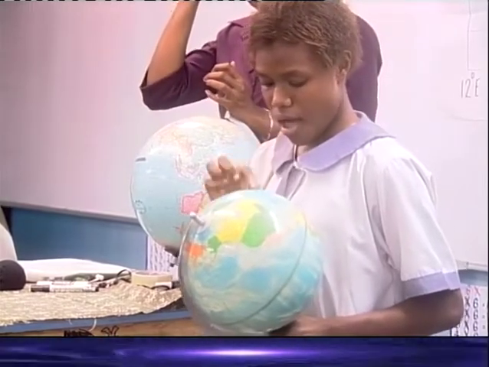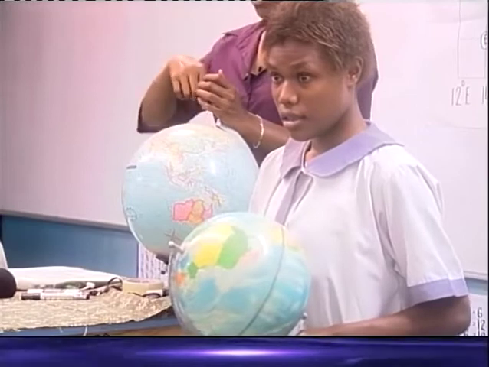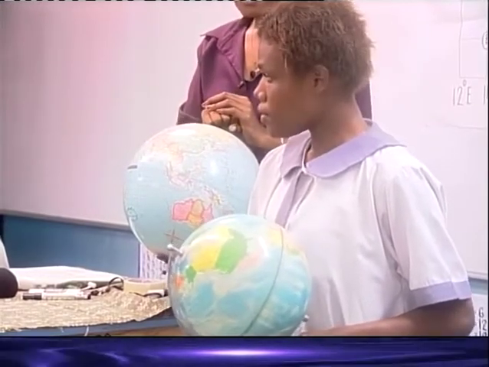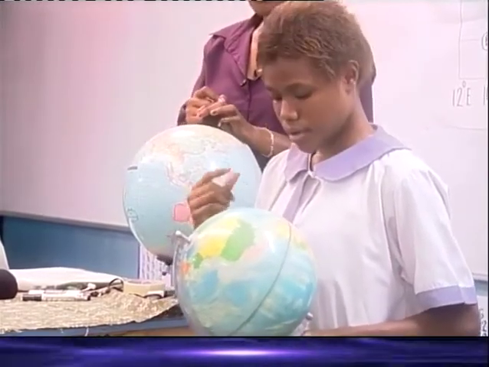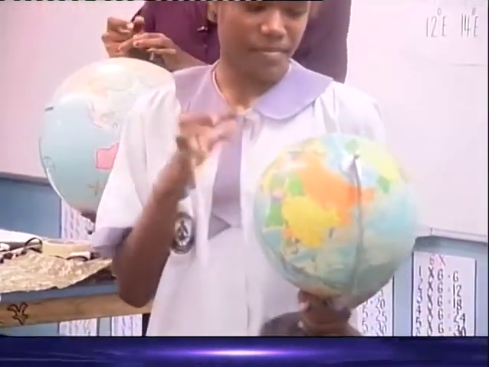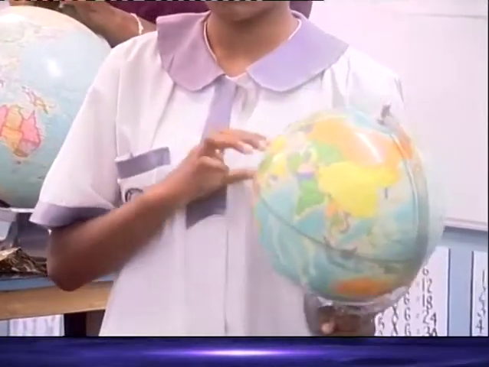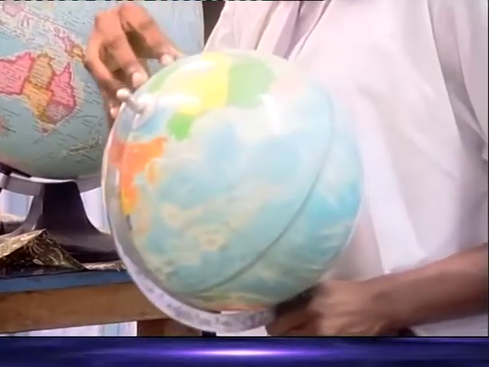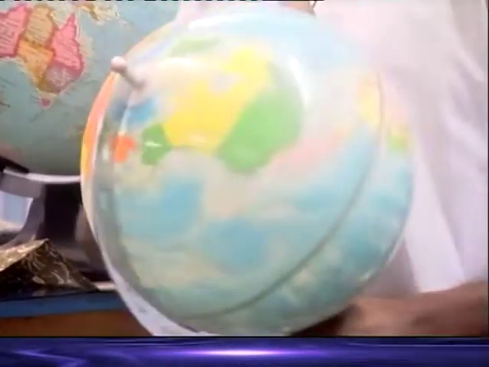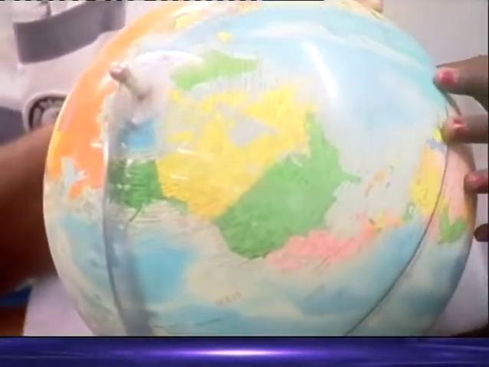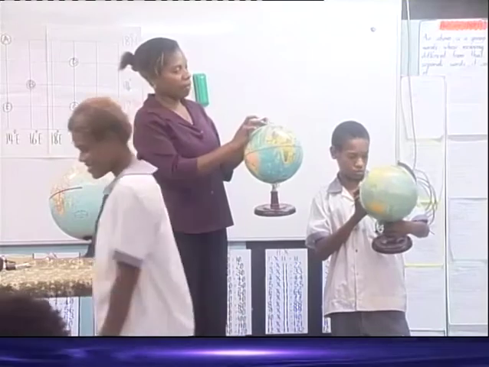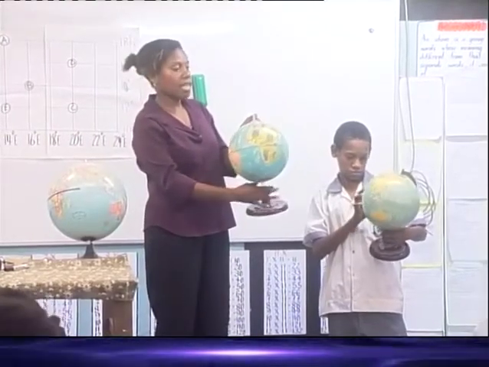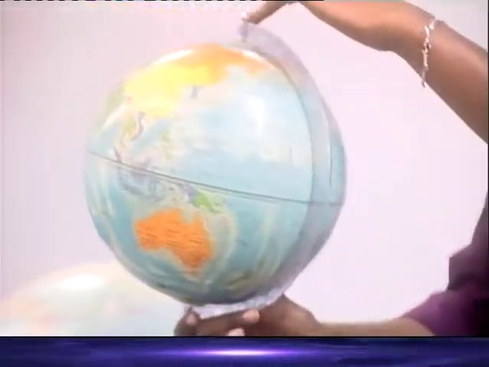The prime meridian line of longitude. And where is it? Can you check 0 degrees? Okay, very good. So we have the prime meridian line, 0 degrees, and on the other side of it